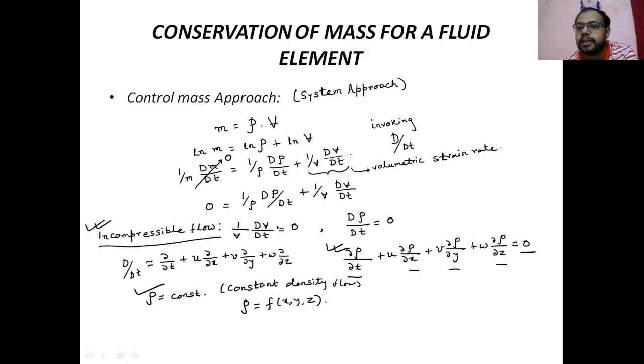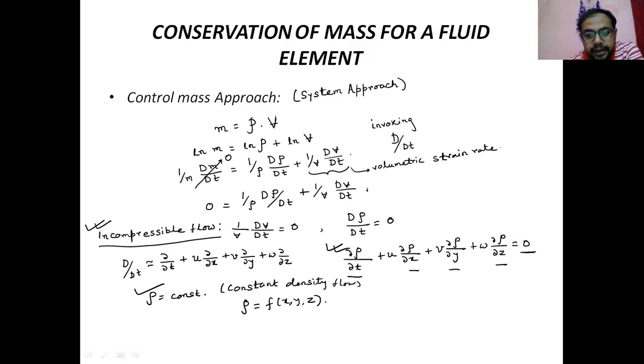Density constant is a part of the incompressible flow. That's something. So in this sense, an example is molten metal flow. In molten metal flow, the density is changing, but the flow is an incompressible flow. That is one example. Now here, if it is not an incompressible flow, so if you are considering again,